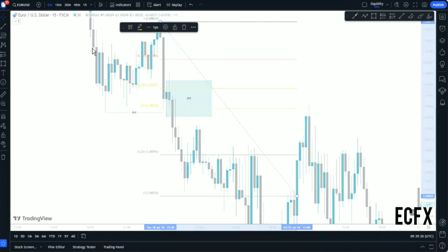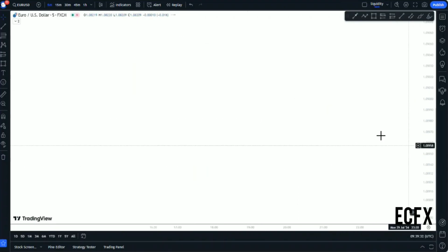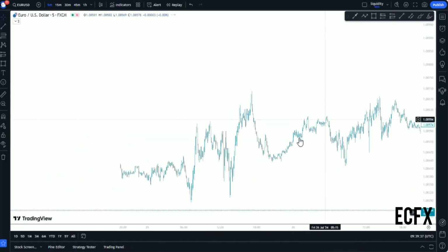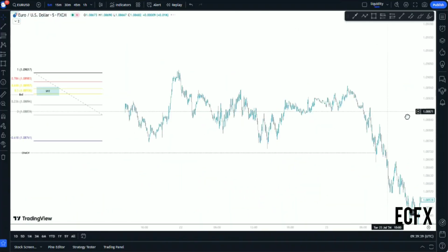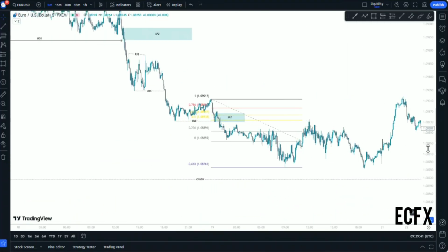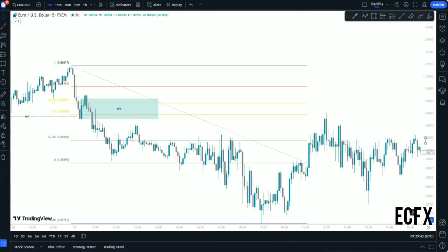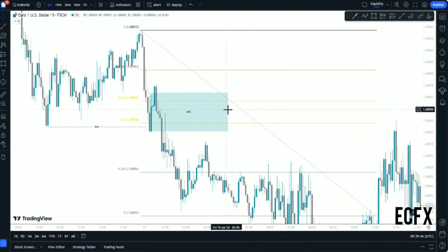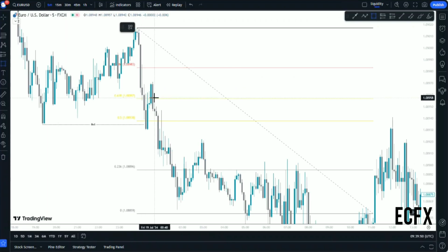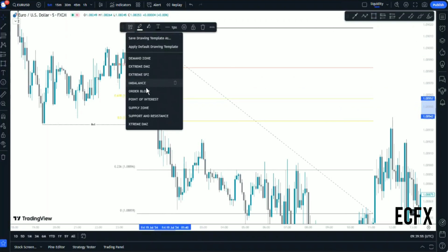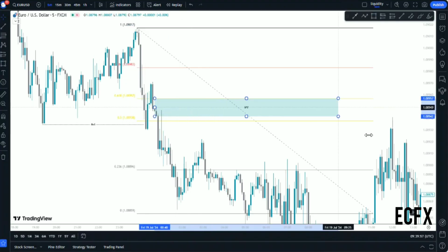So if I was to go back to the 5-minute time frame, I would just use this small piece of candle over here, as it is a valid supply zone. Pull that level across,